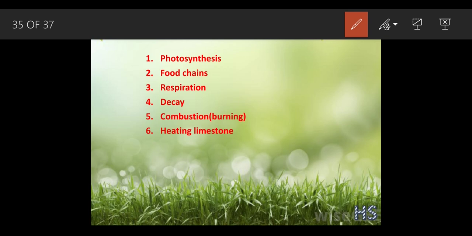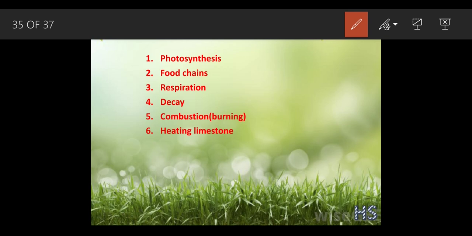Ninety percent of the world is made up of carbon only, which we are going to study in organic chemistry. So this carbon is very important. Without carbon, there would be no carbon dioxide. If the carbon dioxide level is not present in the atmosphere, the plants will die. So this carbon plays an important role.